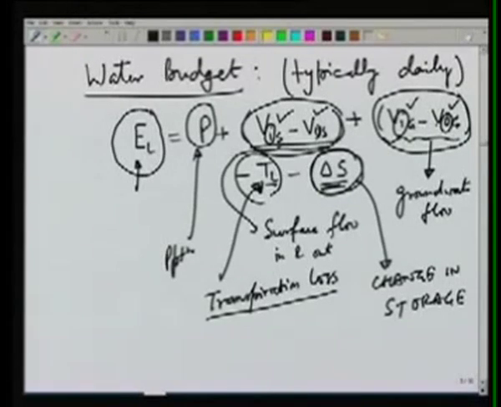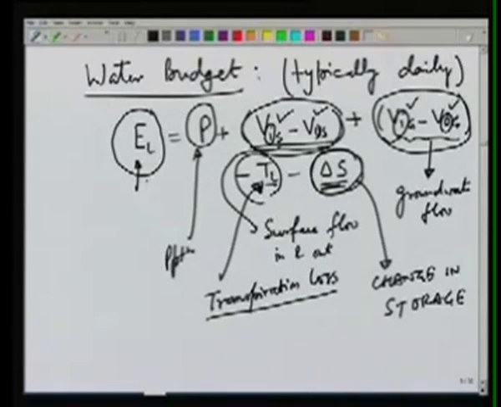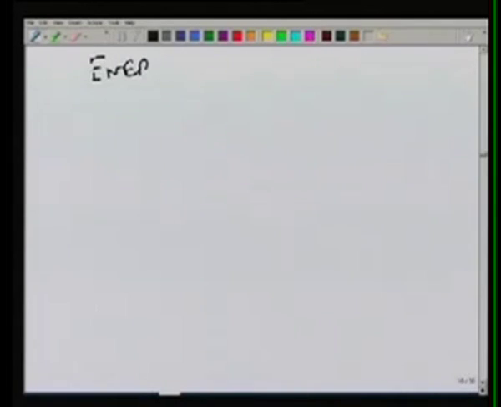So groundwater flow is a very uncertain parameter. Measurement of this groundwater inflow and outflow is not very accurate. That's why this water budget may not be able to give very accurate results for the lake evaporation. And therefore, we can go for an energy budget approach, in which we look at the total energy coming to the body and the amount which is lost, and therefore the remaining is used for evaporation.